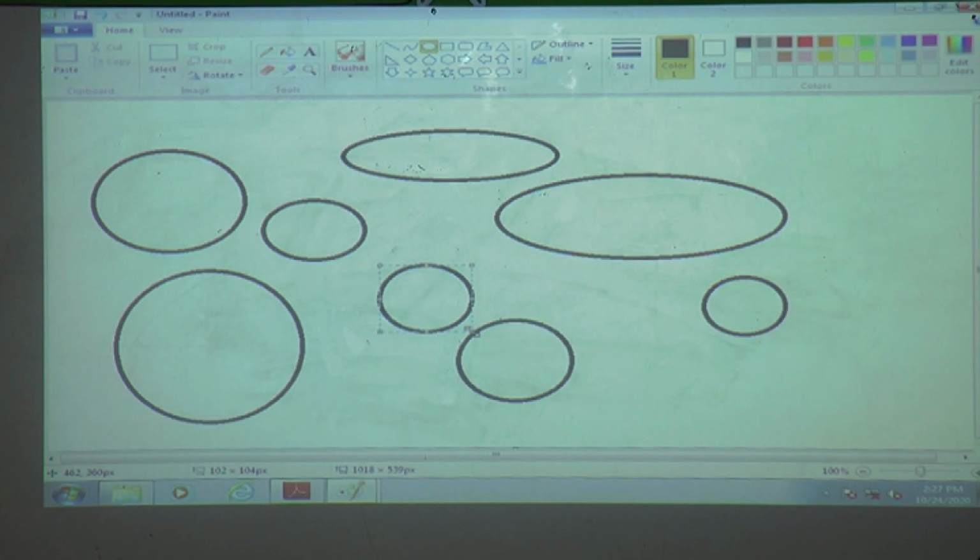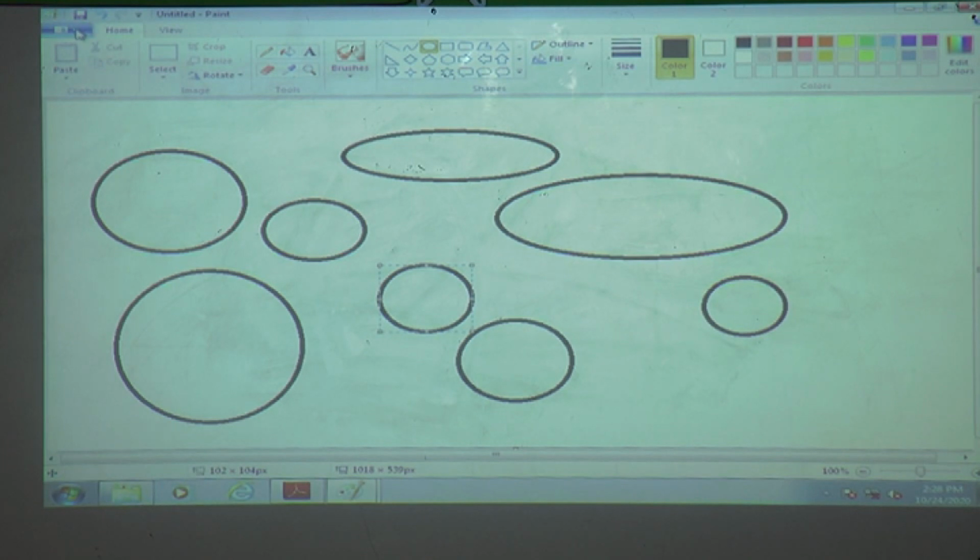How to draw? Firstly select which tool? The oval tool. Select the oval tool, take the mouse pointer where we want to draw, and then press the mouse left button and drag the mouse. And if you want to draw a perfect circle, then how to draw? Press the shift key on the keyboard continuously, and with one hand press the shift key and with the other hand press the mouse left button and hold the mouse.